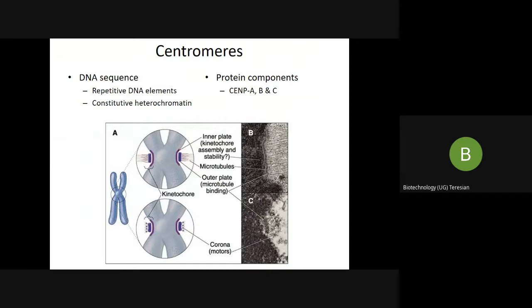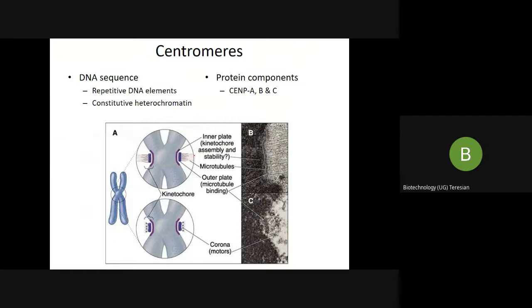So do not confuse the centromere and the kinetochore. Both are not the same. So what is the function of the kinetochore? The kinetochore functions as the site of attachment of the chromosome to the microtubules. So it is the kinetochore which is present on the inner plate. And where is the inner plate present? It is present in the centromere. And this kinetochore is the site of attachment of the chromosomes to the microtubules of the mitotic spindle.